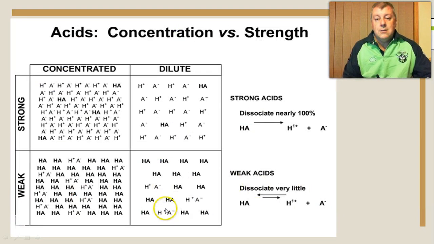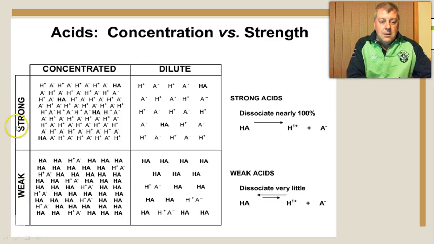Now, acids can be talked about in terms of their concentration or their strength, and again that confuses people as well. So you can have a strong or a weak acid. Now a strong acid, if we just look at pure acid, has lots of hydrogen ions. If you look at this diagram here, there's lots and lots of hydrogen ions, and the HA represents the acid that hasn't dissociated and produced hydrogen ions. Whereas the weak acid, you've got a lot of the acid molecules and only a few of the